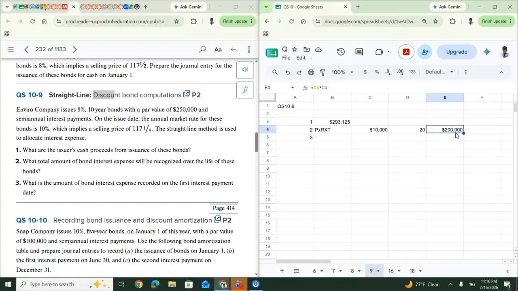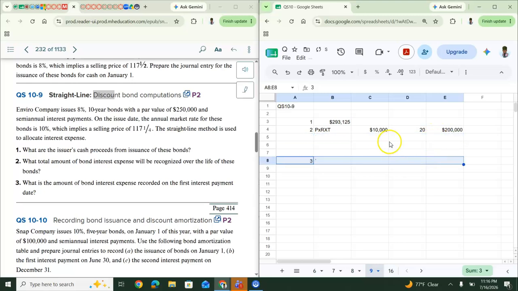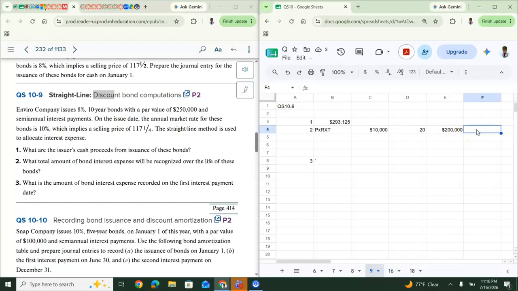All right. Now, based on what it says, again, this quoted price 117.25, I think somebody made a mistake when they were doing the textbook, but anyway, so that'll be the 200,000 in